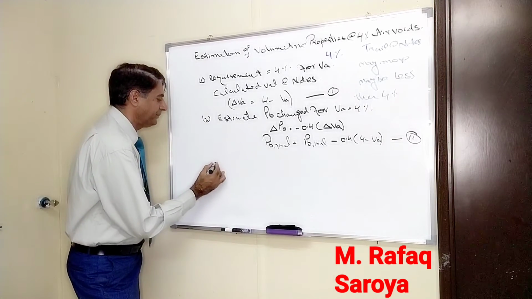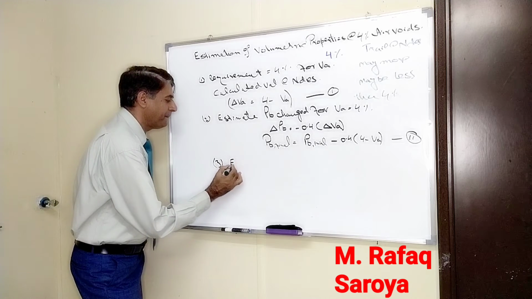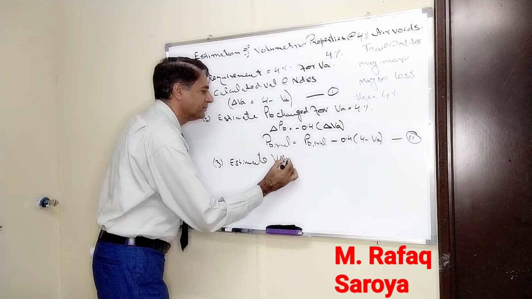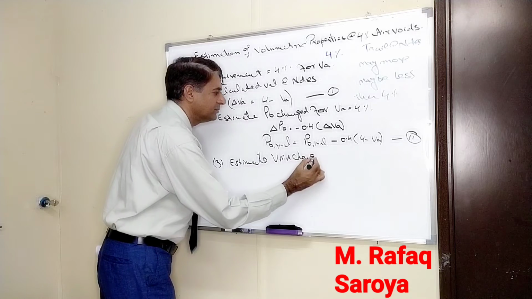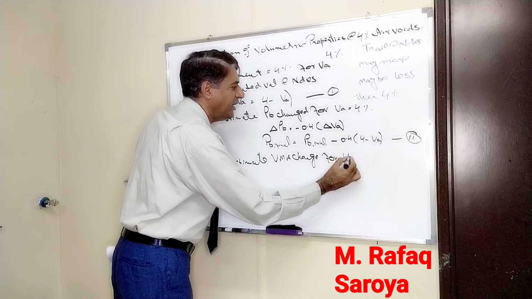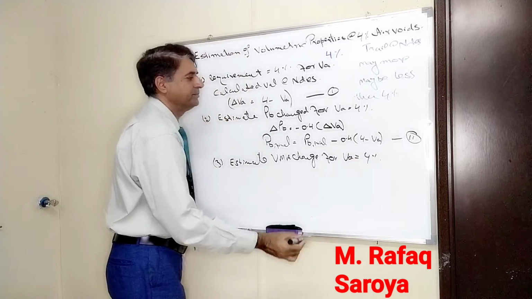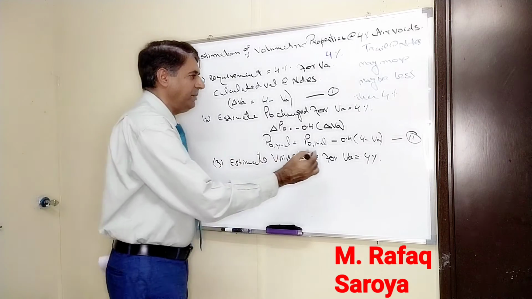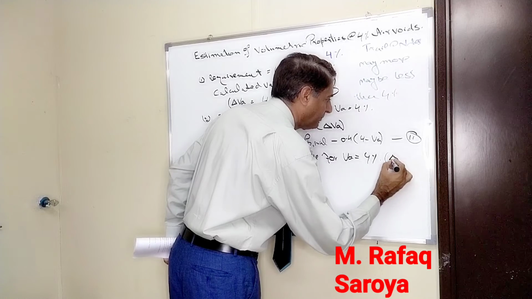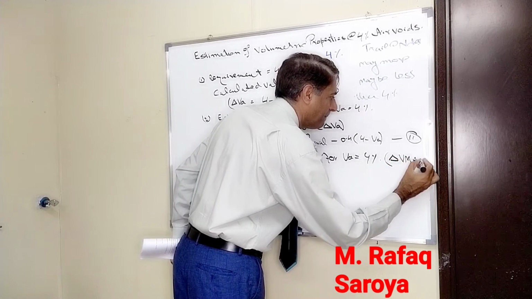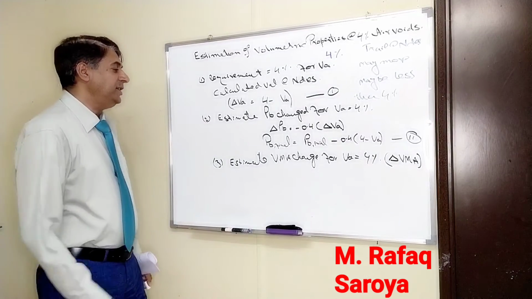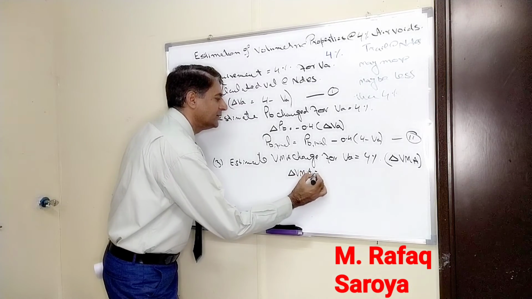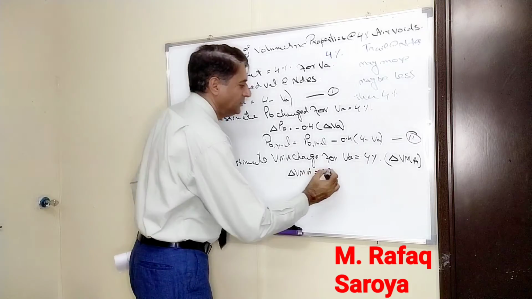Similarly, my third point: estimate VMA change for VA equal to 4%. It's very interesting. What will be the VMA change? Let me tell you over here. It will become delta VMA. How much will the value change? This delta VMA can be written as 0.2 into delta VA,